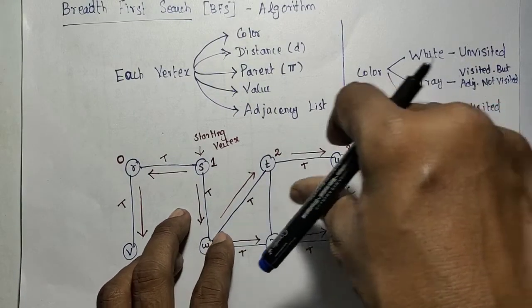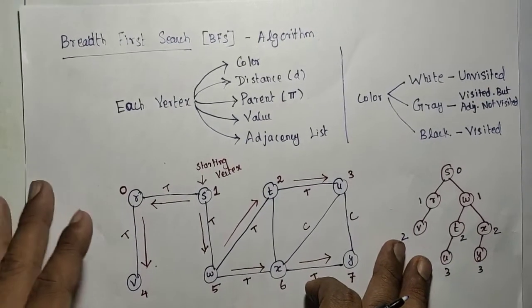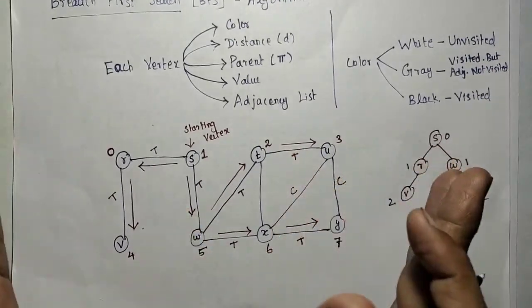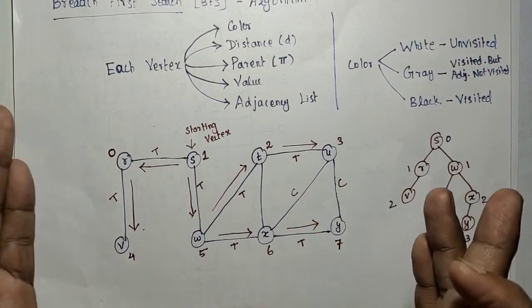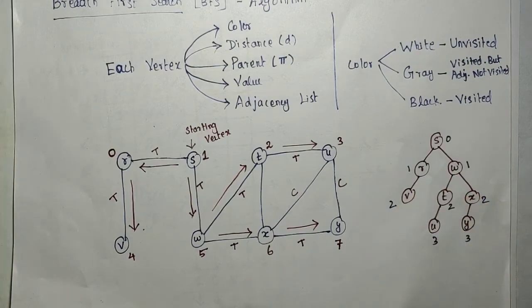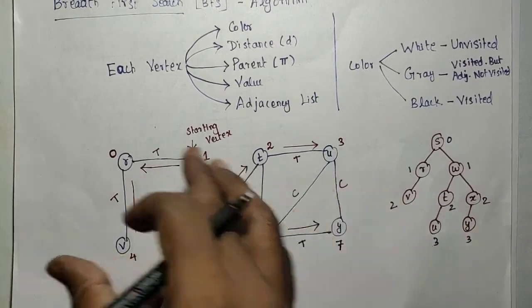Suppose you want to do the same BFS for a weakly connected graph, you need to slightly modify that algorithm, so you can do that yourself. But for this algorithm, make sure the input graph is an undirected graph or a strongly connected graph. A directed graph should be strongly connected. Give the input like that.